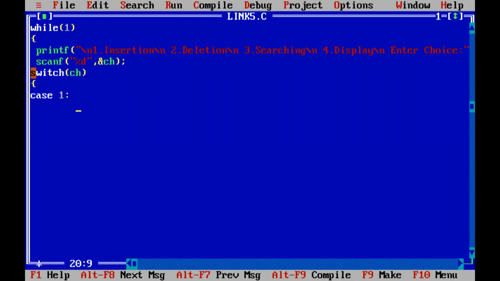For insertion, you should first accept, like, what all we need. We need a new node to be created and inserted, right? For a new node to be created, if you want to store memory, and if you want to store the details of the students, what all are we going to store? Roll number and name, right? So we have to allocate memory. It is a pointer variable we have already declared. So how to allocate memory for a new node?